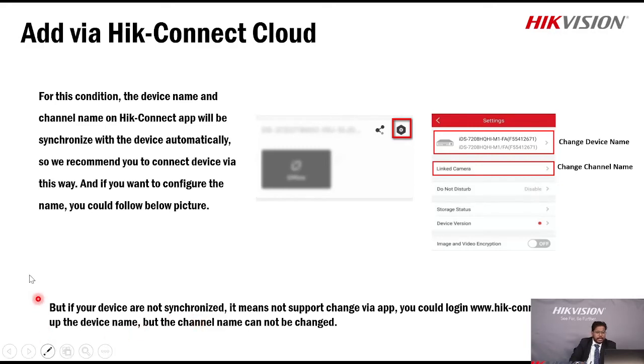So here there is a setting available. We can see this setting is available at the right side. You require to click on the right side where the change device option is available. The change device name where you can type or enter the device name which you want. Then link camera, click on this arrow, then you can change the name of the particular channel also. So ये आपको मदद करेगा आपकी मोबाइल ऐप के ऊपर. आपको नाम चेंज करना है आपके NVR का या आपकी कैमरा का, you can definitely change this.